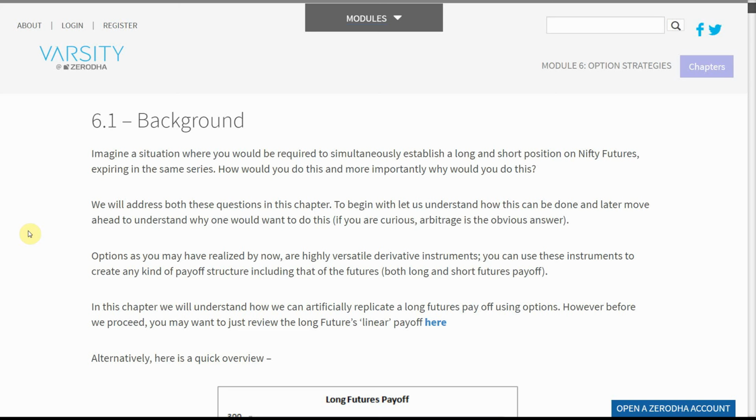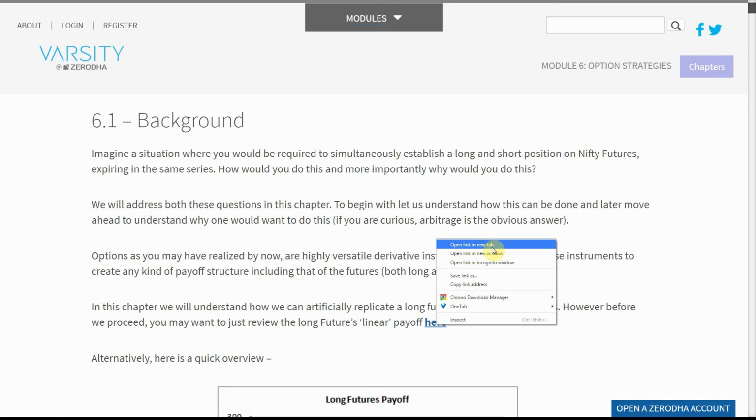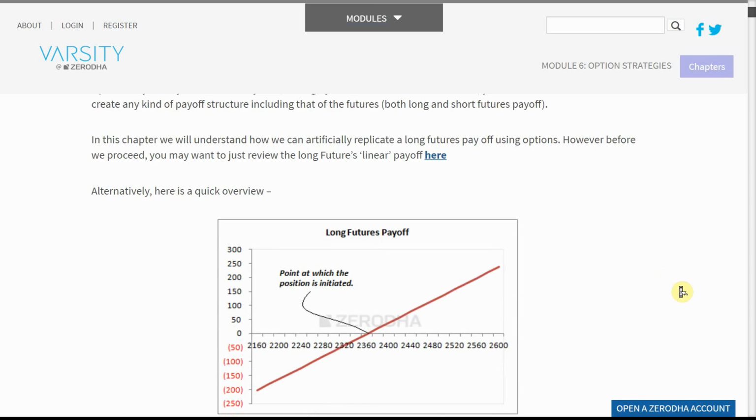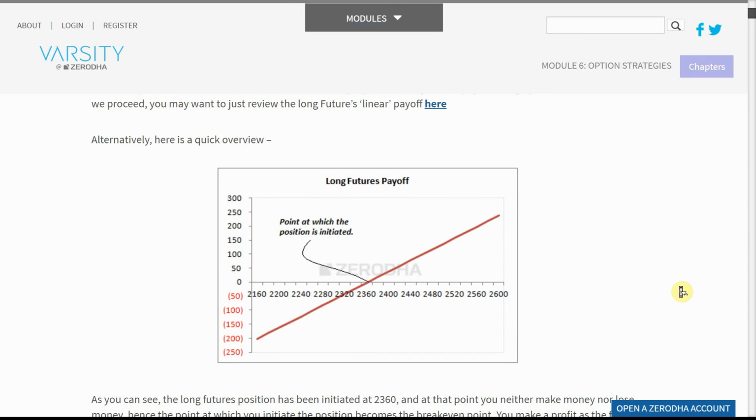However, before we proceed, you may want to review the long futures linear payoff. Alternatively, here is a quick overview. As you can see, the long futures position has been initiated at 2,360, and at that point you neither make money nor lose money. Hence the point at which you initiate the position becomes the break-even point. You make a profit as the futures move higher than the break-even point, and you make a loss